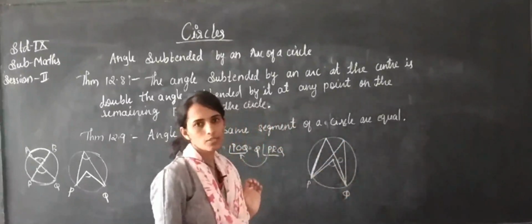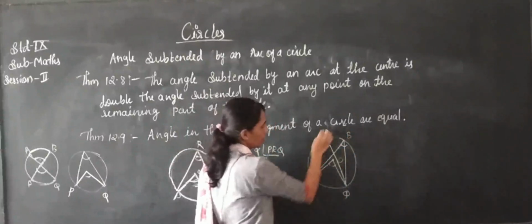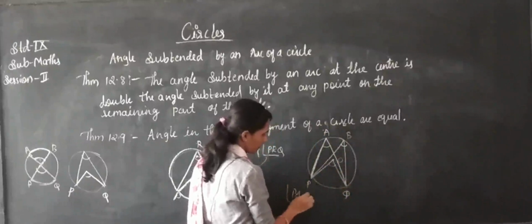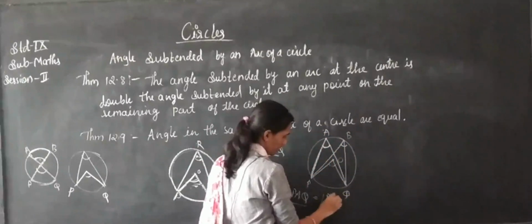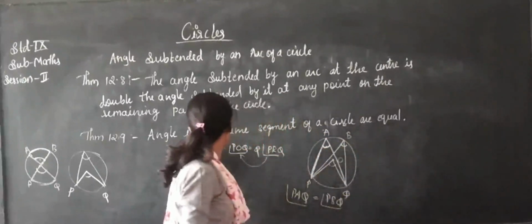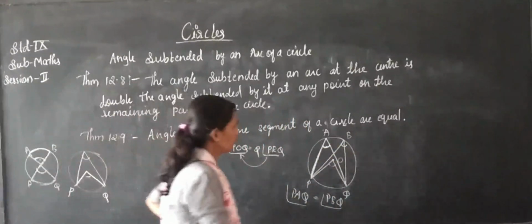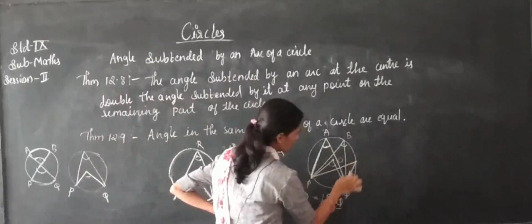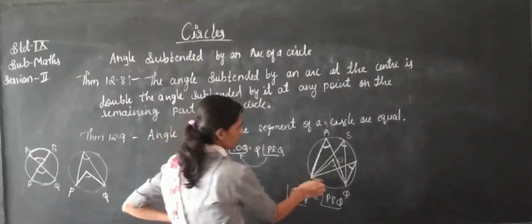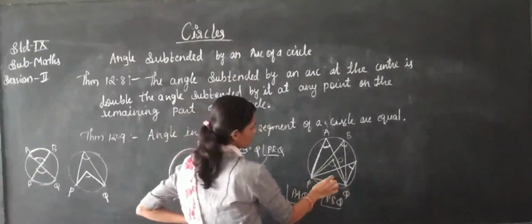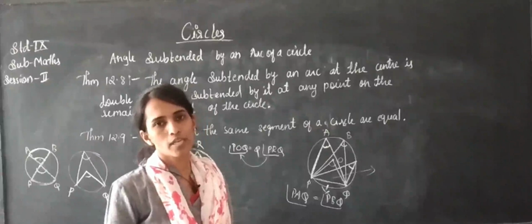How many angles do we get here? 2 times. This is named A and this is named B. Angle PAQ is equal to angle PBQ. So these two angles become equal, that is, any angles in the same segment of a circle are equal. Even if you draw the point here, it will also be equal, because from PQ this becomes a minor segment and this a major segment. Both are in the same segment of the circle, so both angles are equal.